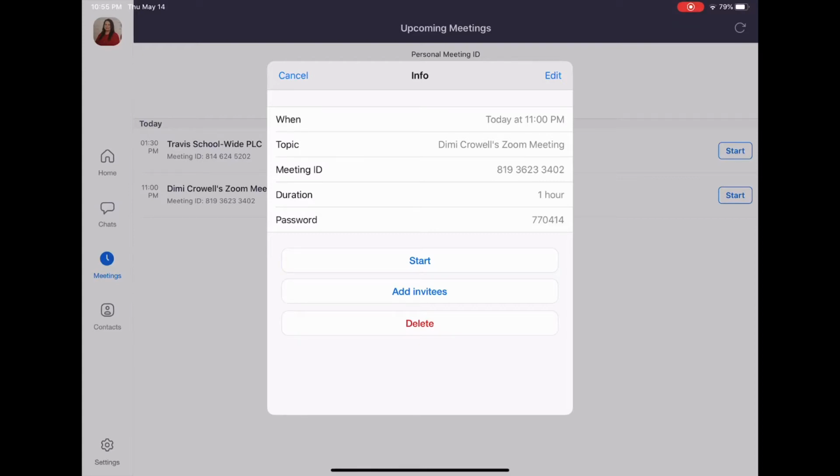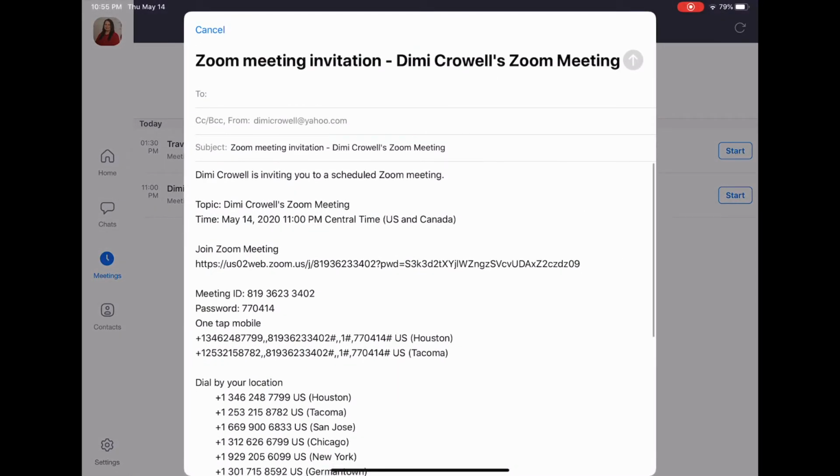So you're probably wondering how to invite parents to your Zoom meeting. If you click on Add Invitees, so you see Start, Add Invitees, and Delete, click on Add Invitees, and a window will pop up to the right that says Send Email, Send Message, or Copy to Clipboard. Now, if you're sending an email, you click on that,